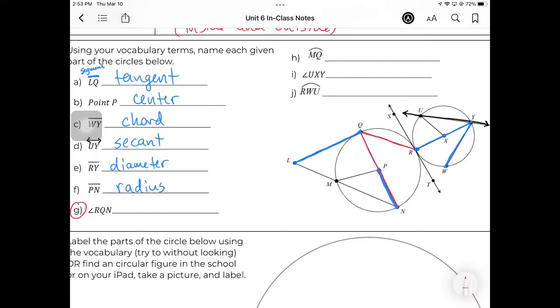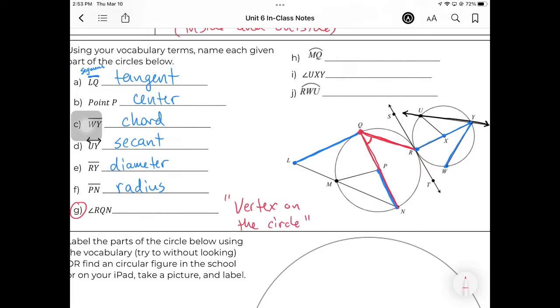RQ is a chord, QN is a diameter. When I connect those and form this angle, the vertex of that angle is at point Q on the circle. And I want you to write this down. Vertex on